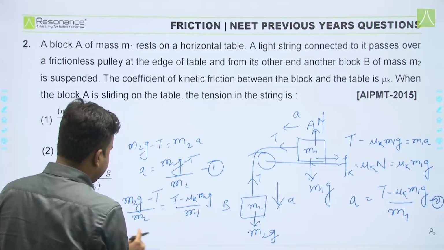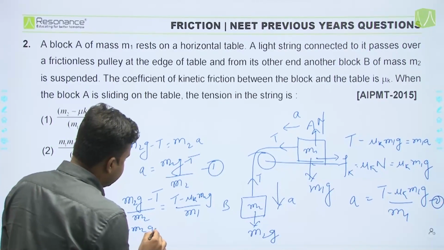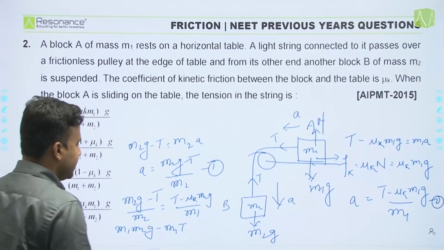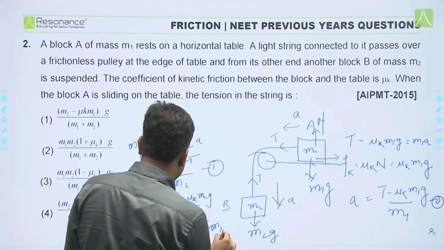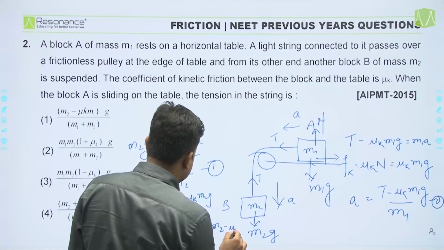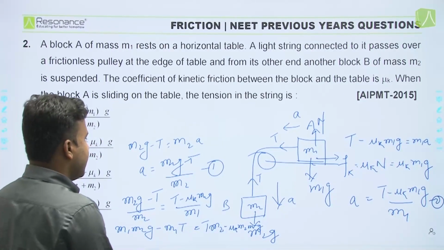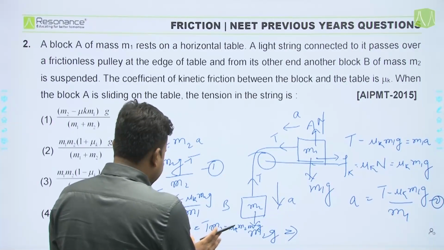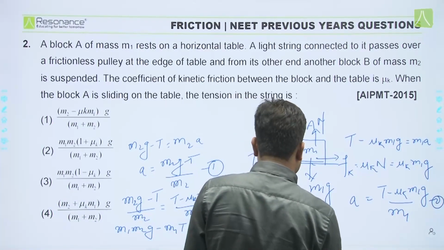So, I am doing the cross multiplication here. What you will get is m1 m2 G minus m1 into T is equal to T into m2 minus mu k m2 m1 into g. Okay, from here, take T to this side. If you are bringing T to this side, what you can write is T equal to,